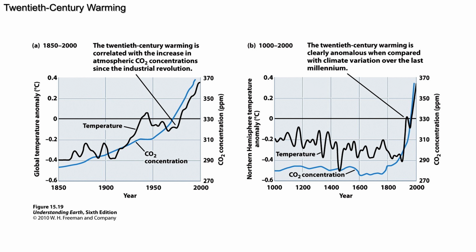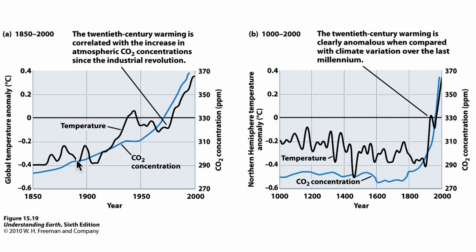Here we have a diagram that illustrates the 20th century warming, the 20th century change in temperature. Going from 1850 to 2000, we can see the CO2 concentration here in this blue line, rising roughly in concert with the change in temperature. Now, temperature is a little wilder in some respects, and this is also relatable to human activities. You can see the temperature rising up to the late 40s, kind of leveling off, and then plunging in the late 40s to the late 50s or so, and then again in the 60s and 70s.